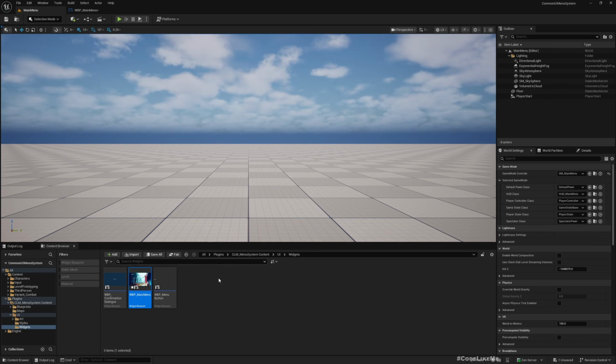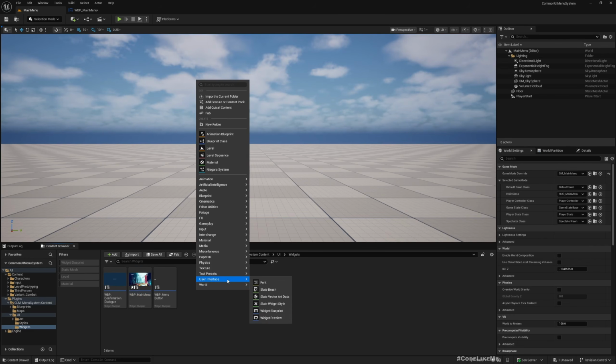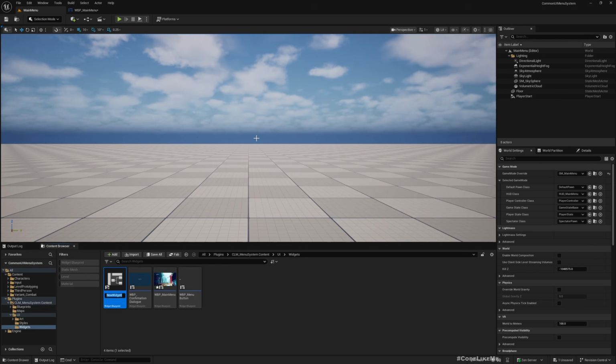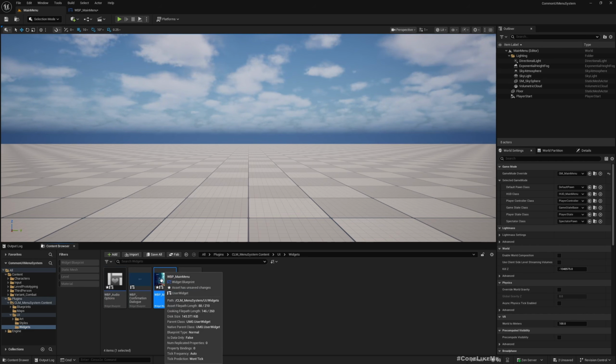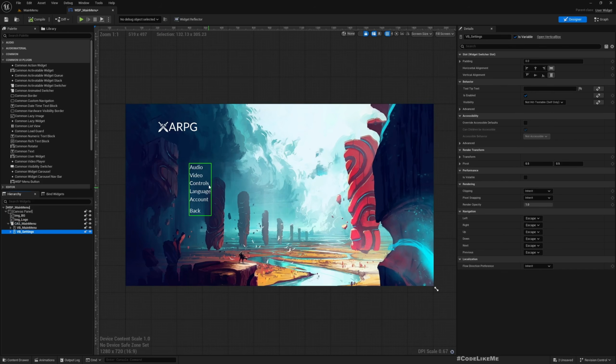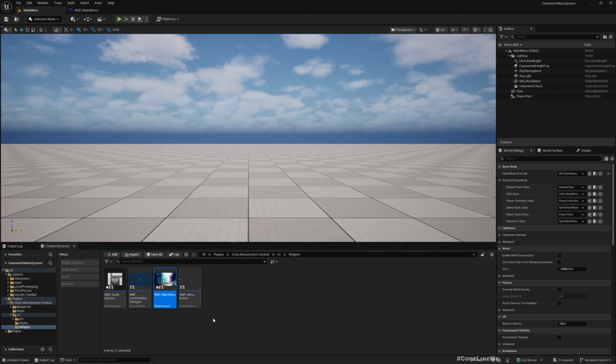So let's create a new widget. Use a widget, blueprint, use a widget. I'll call it WBP audio options. Actually, now that I think about this, we need gameplay option here at first, but that is something we can come back to and add it later on. So let's create the audio option. So WBP audio option,